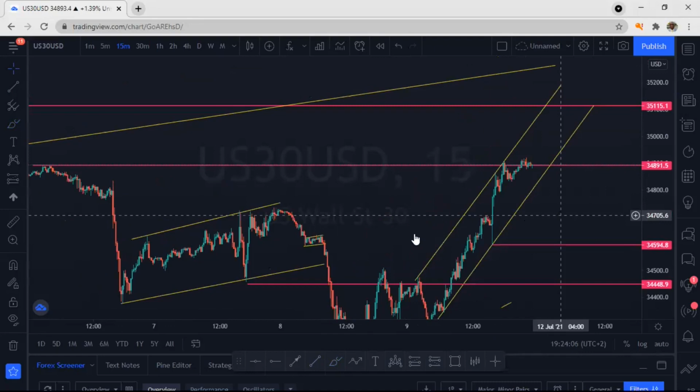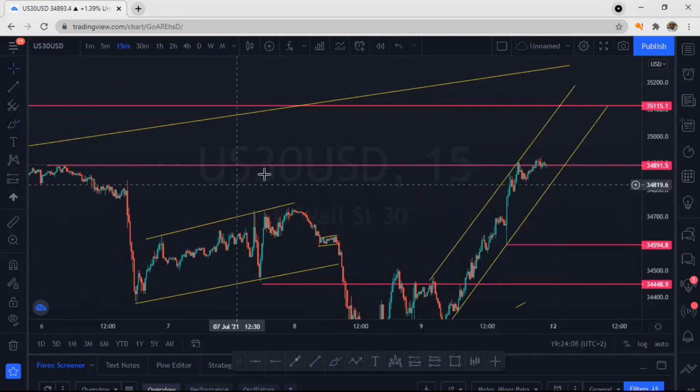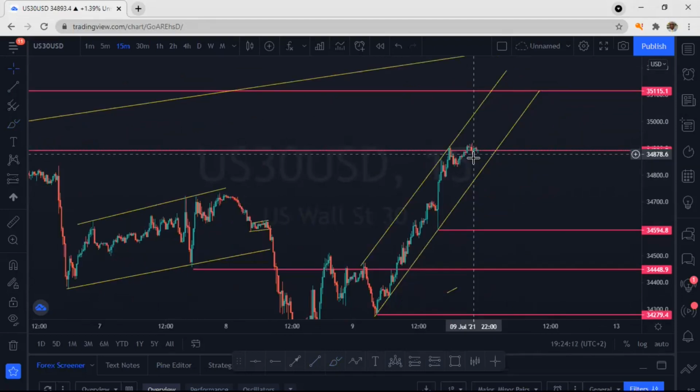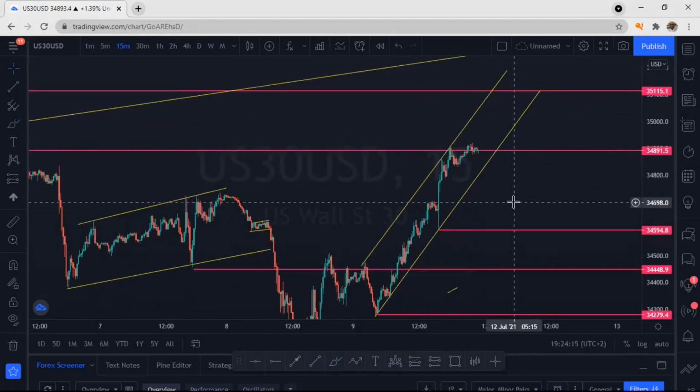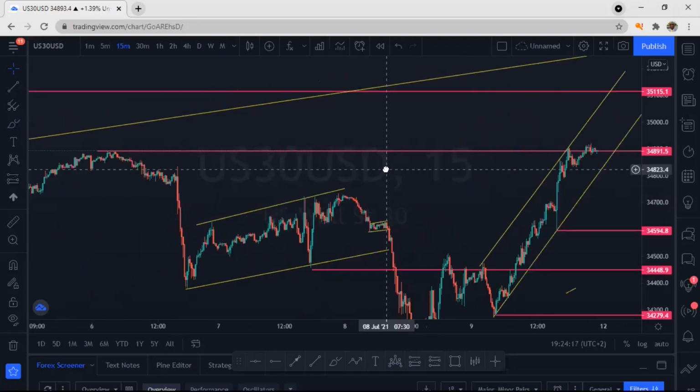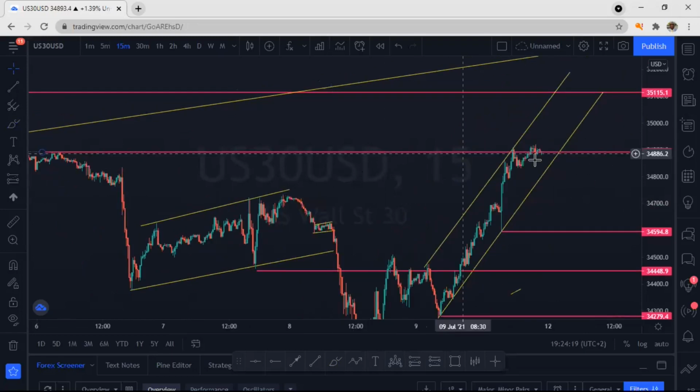Okay, cool. So here, as I'm saying, guys, here is a double top. If you trade support and resistance, what do you expect the price to do here? It's to push down, isn't it? Because here is a double bottom. It's a double top, I mean, so you expect the price to push down.